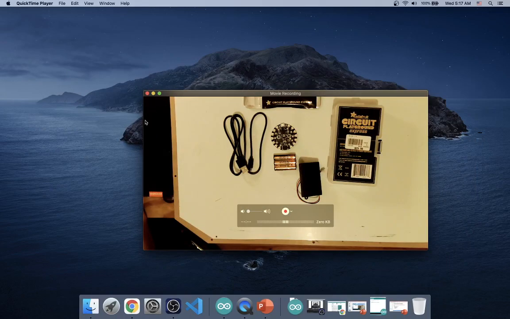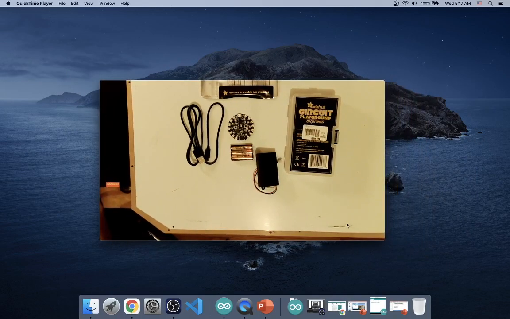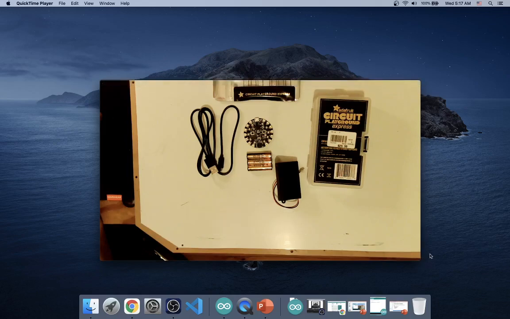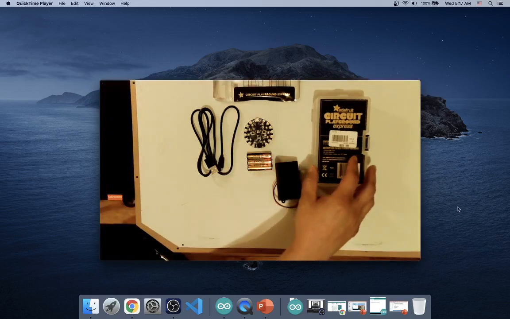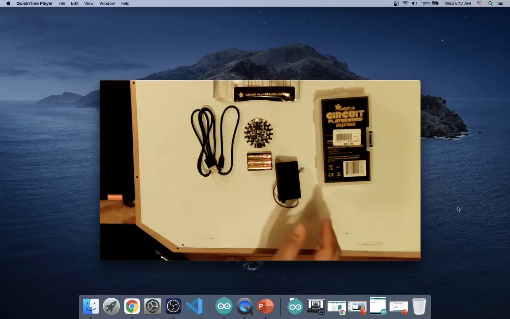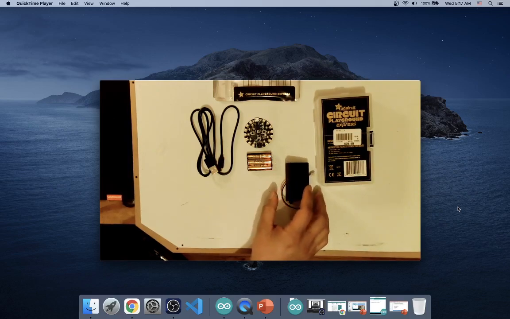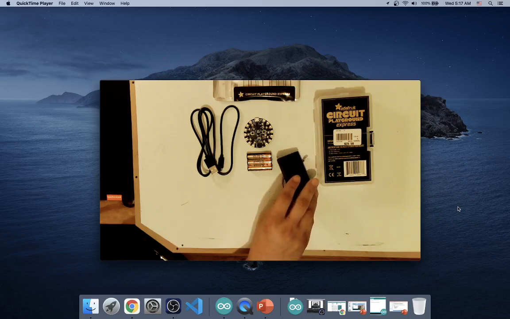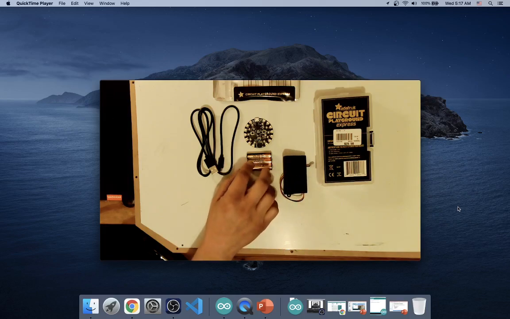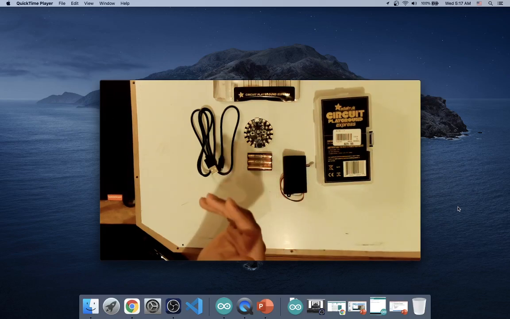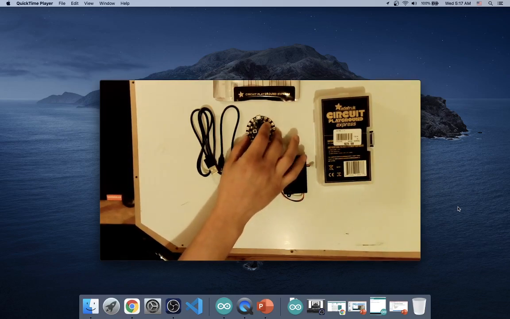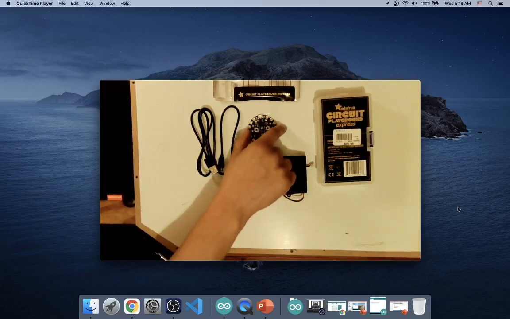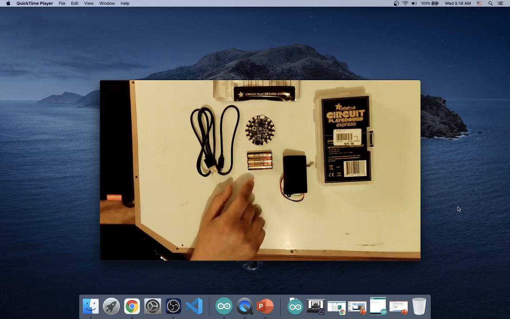So here is our Circuit Playground Express base kit. And what's included in the base kit? Well, we have a nice little container. We have a battery holder so we can power our Circuit Playground Express without the use of a computer. They were nice enough to give us 3 AAAs to power it as well. We have the actual Circuit Playground Express, which, as you can see by holding it close to the AAA batteries,